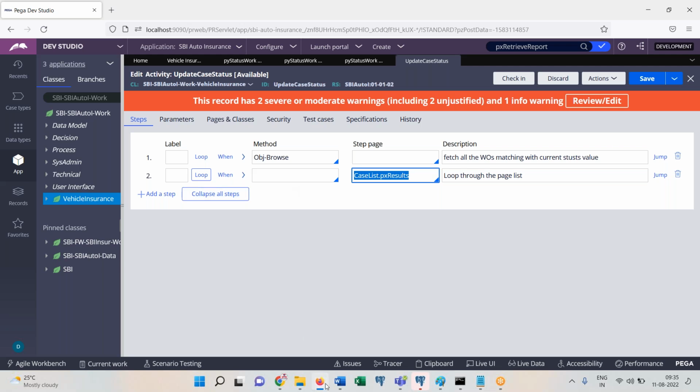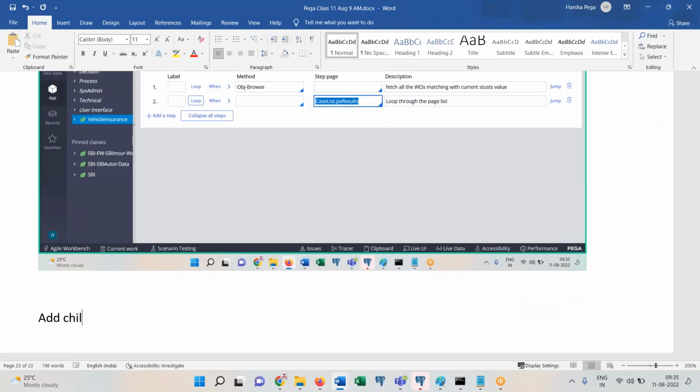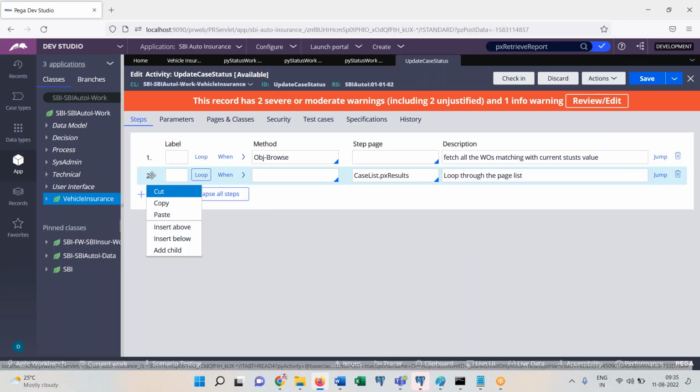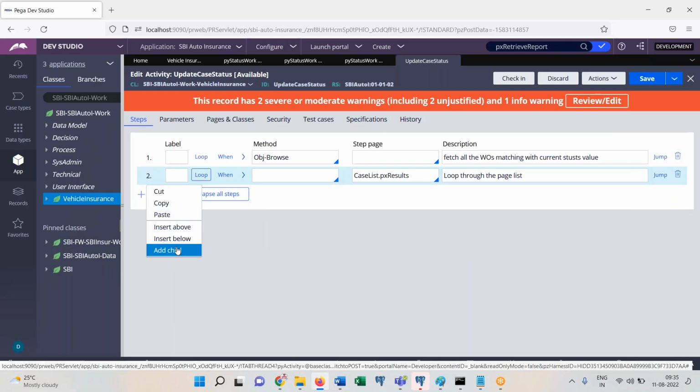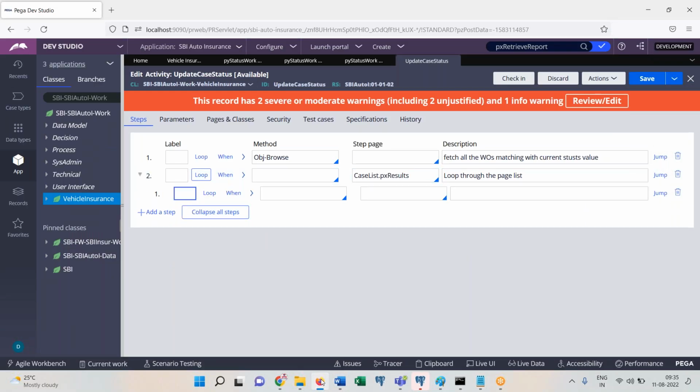Now add child steps inside step 2. Let me add child steps. Here you go. Right click on this, insert, I'm sorry, add child. What is this? 2.1. It gets inside the loop. So loop begins, and inside the loop